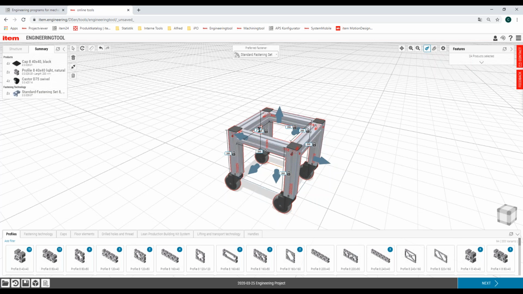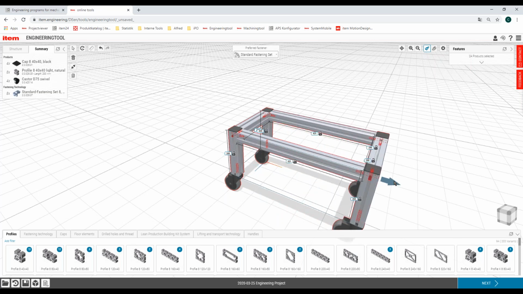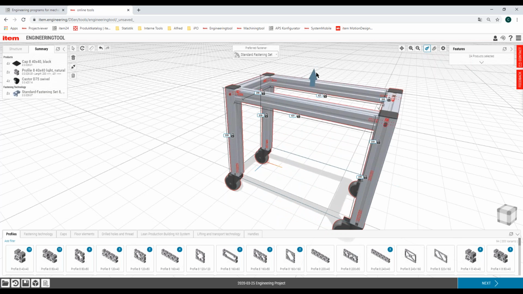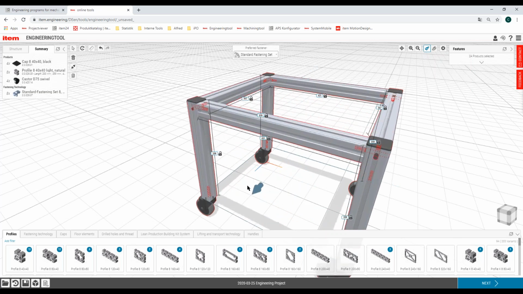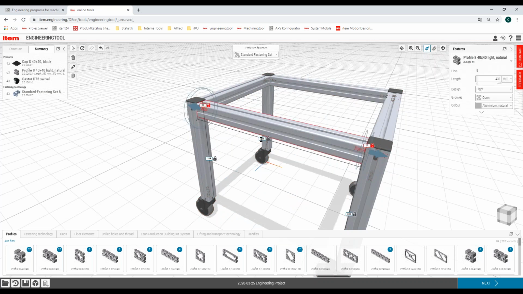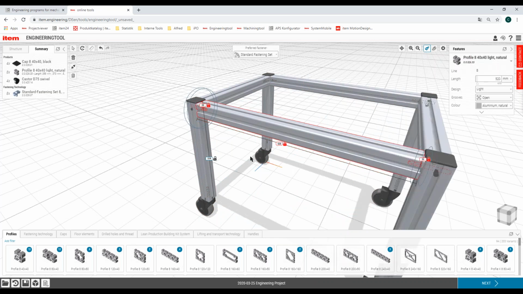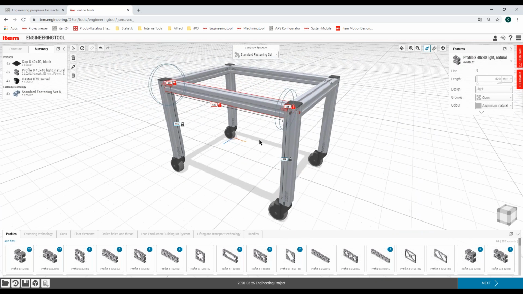And even if we have already profile lengths, I can just click on my arrows and change the dimension on my cart very easily. Of course, I could as well go to one profile length and say, hey, you're 520 millimeters. And then my value is fixed.